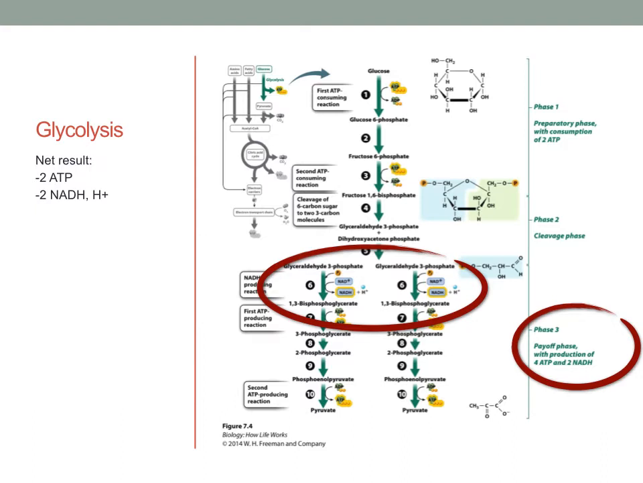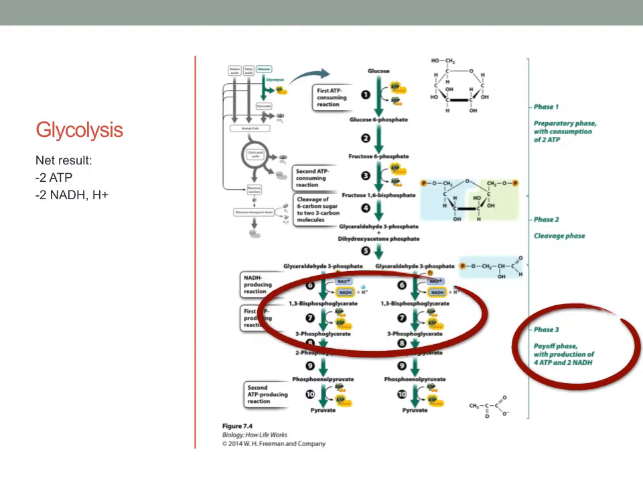So you have two NADH produced from this reaction. We'll see later how NADH will be used. Now the 1,3-bisphosphoglycerate will be converted into phosphoglycerate, so it means that it will lose the phosphate that was located on the